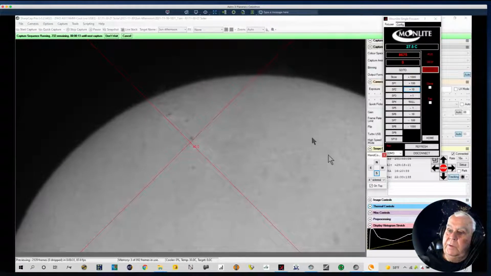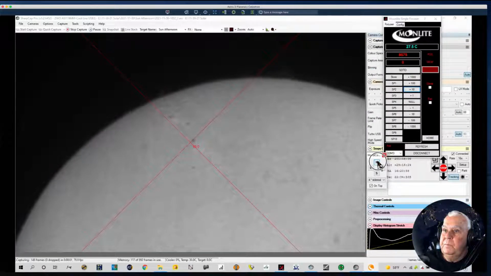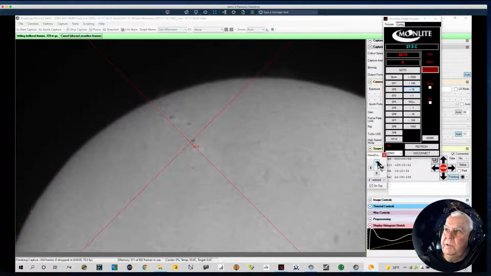Okay, we're going to need to go east a little bit. It'll move the sun down, and we're going to need to move north a little bit again. You're capturing, so that's close enough. And you don't have to be exact. I try to get it exact. It gives me